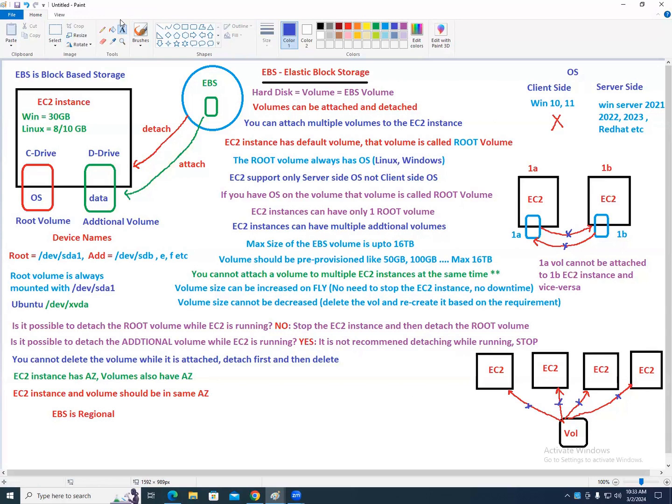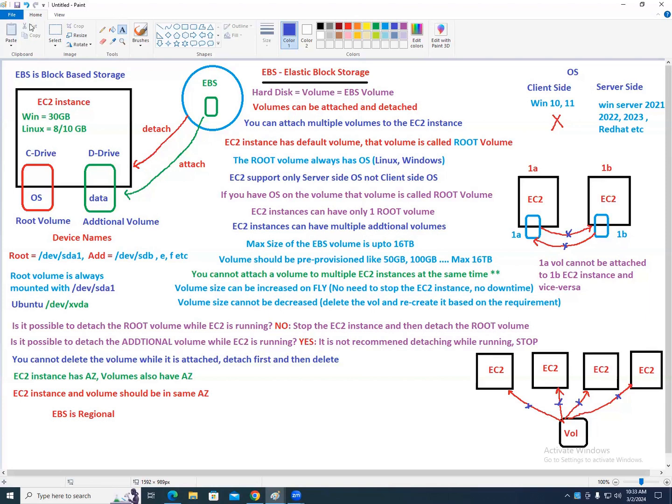No, because each EC2 instance has its own volume. What if I need to have a shared storage, one storage which has to be shared across all EC2 instances? We will see that in the next class.